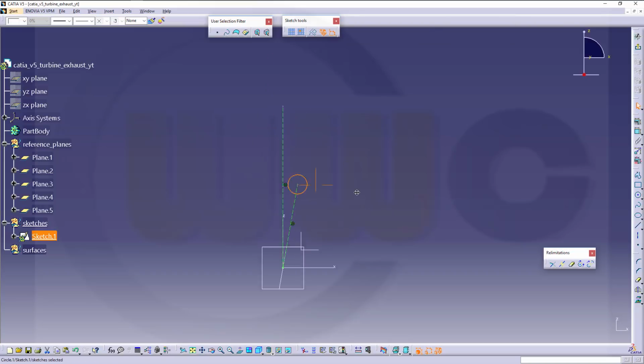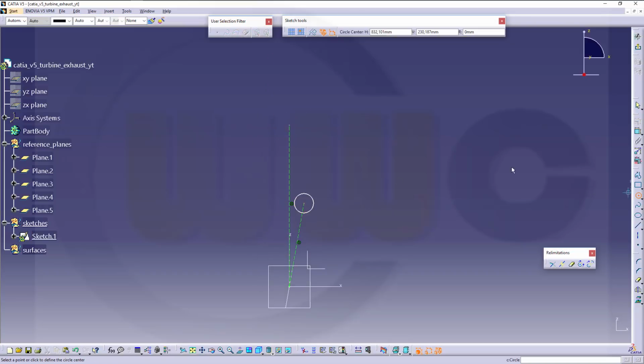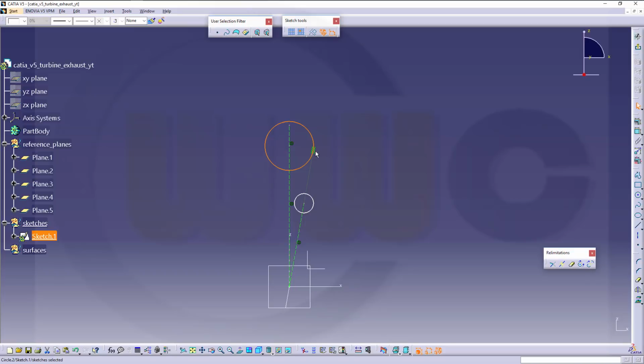Okay, and another circle should be sitting on this line, and that's not wanted. Okay, and of course this line has to be longer, so let's go for extend and trim, like